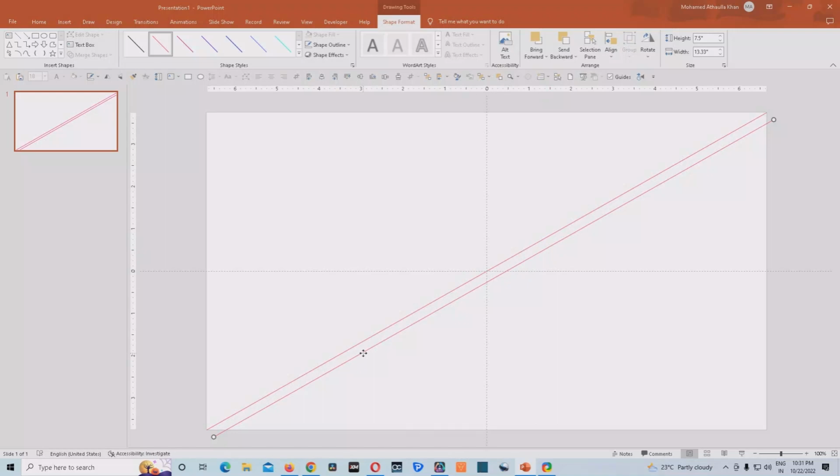Just a second. Okay, so it is aligned properly. Then I'll go to the rotate option, and then I'll say flip horizontally. So the art challenge